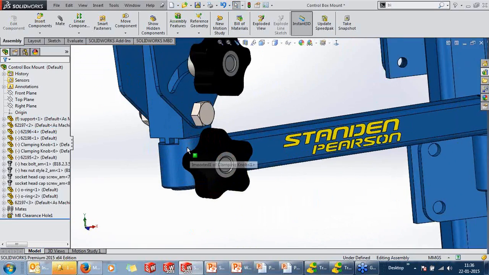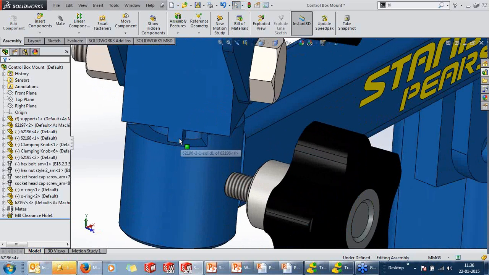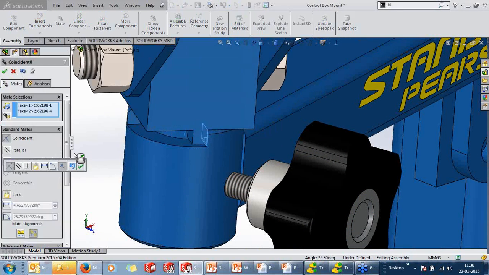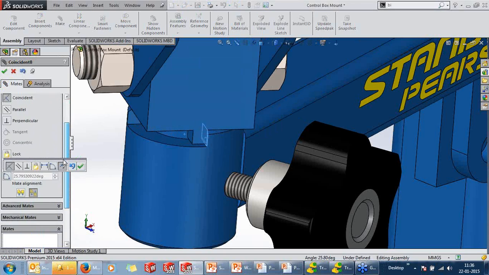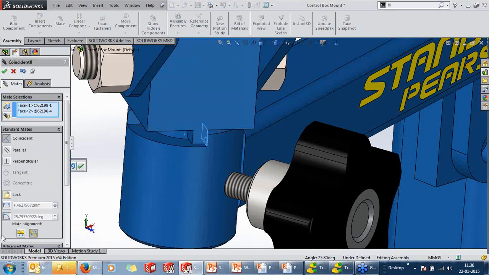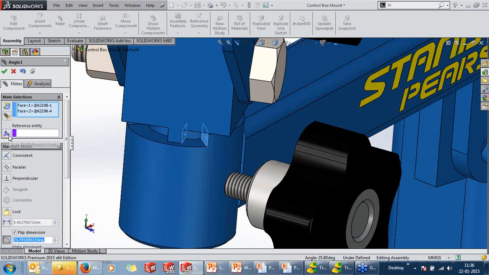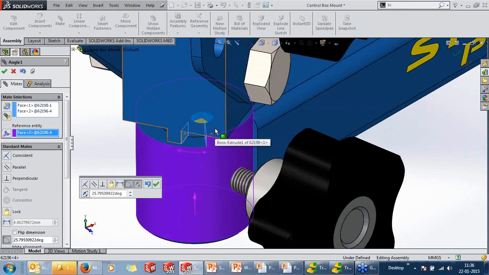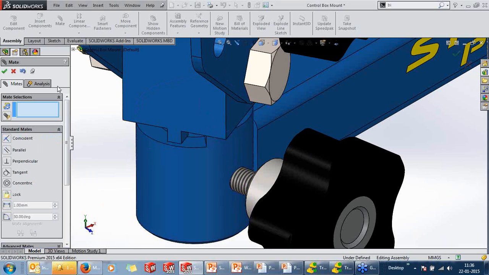Angular mates have also been enhanced. You can now give angular mates, but understanding where the mate starts from was a little difficult. But now we have a new enhancement wherein you can give a reference. Selecting on the reference, you get quadrants in here. You can specify from which quadrant you want the angle from.